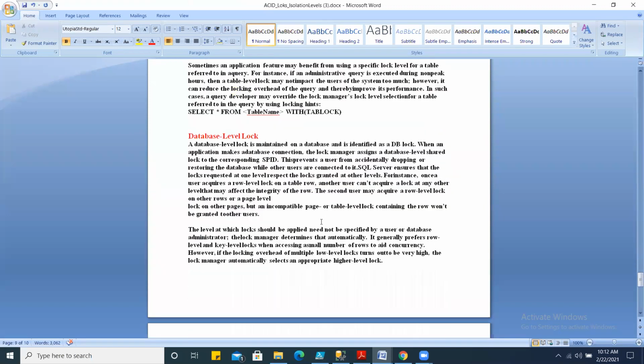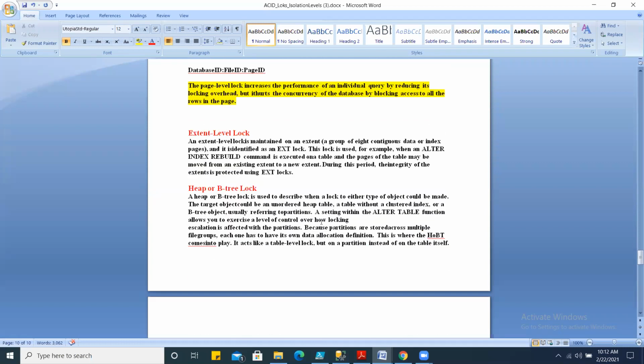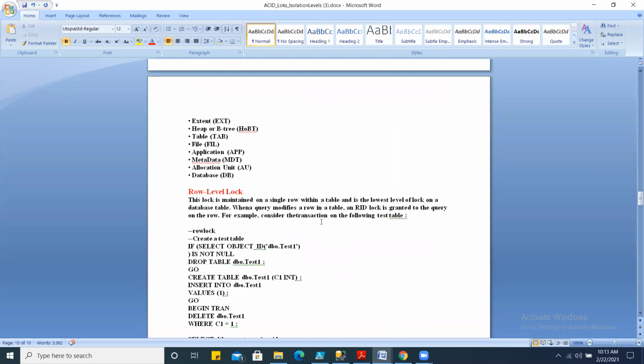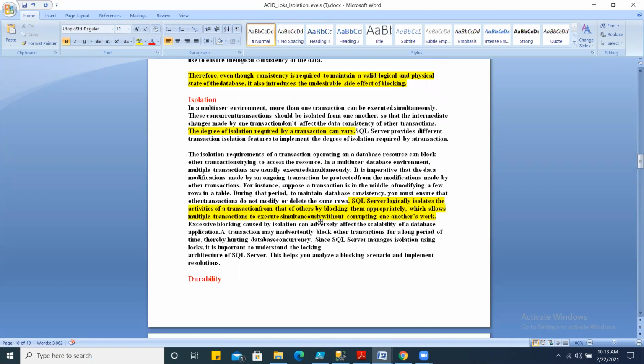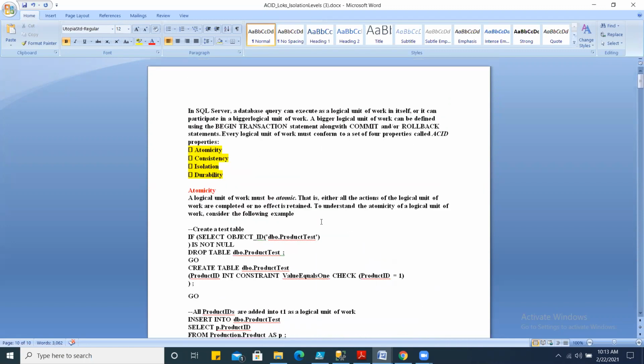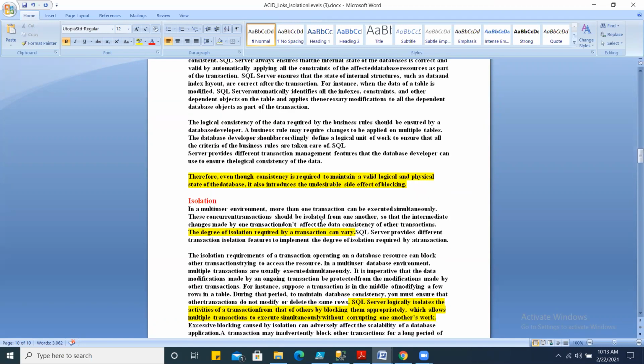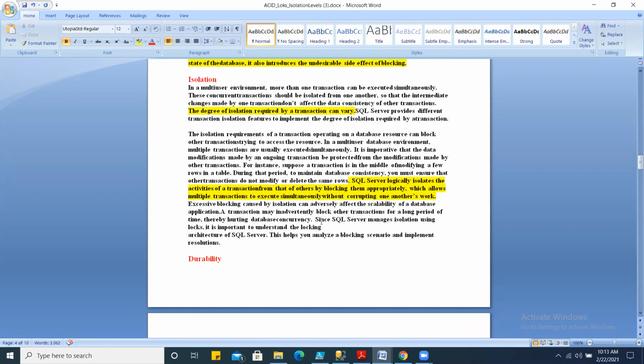So this is all about locking. Database locking I already have discussed. This is all about lock granularity and different kinds of lock granularity. You can check through that DMV that I have talked about. If you have any question here, feel free to ask. Perhaps I already have shared these documents with all of you. You go through that. I would encourage you to come up with more questions in the next class if you don't have any question right now.